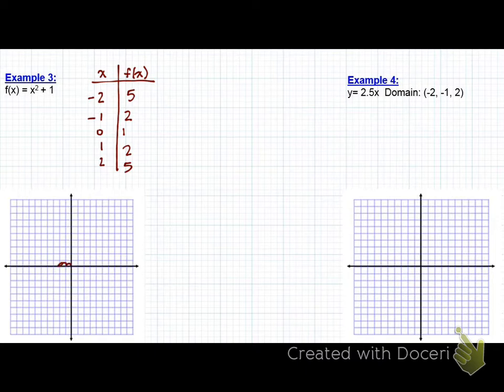So we got negative 2. Plot our point. Then we got negative 1, 2. Plot our point. Then we got 0, 1. And so forth, right? And you're noticing it kind of makes a V. Now, it's not, we could do connect the